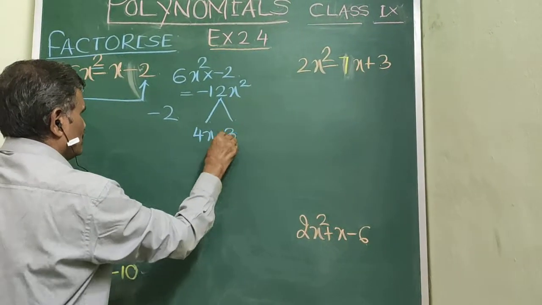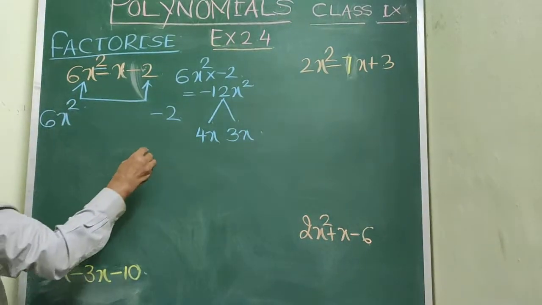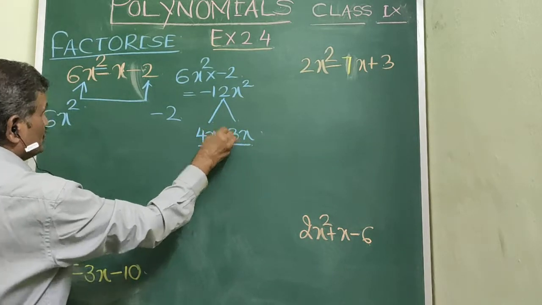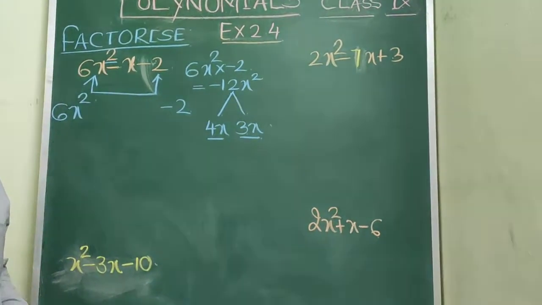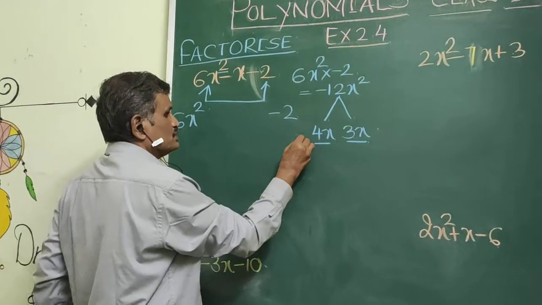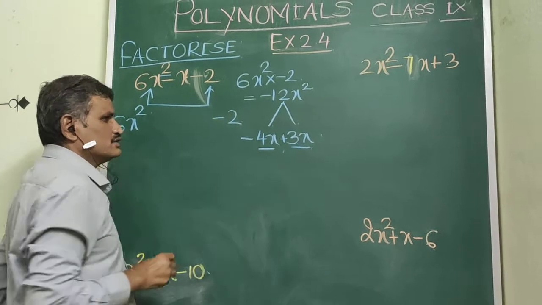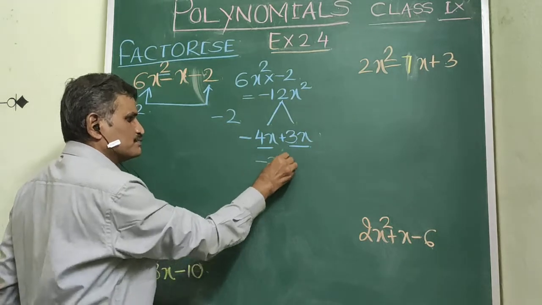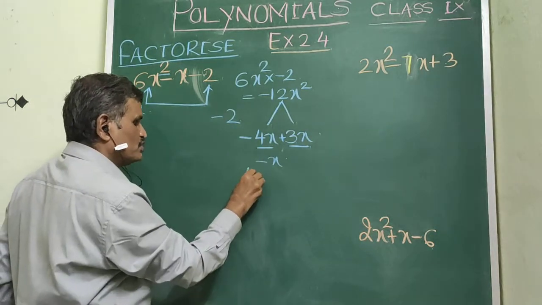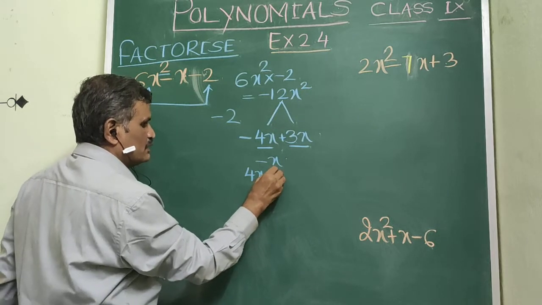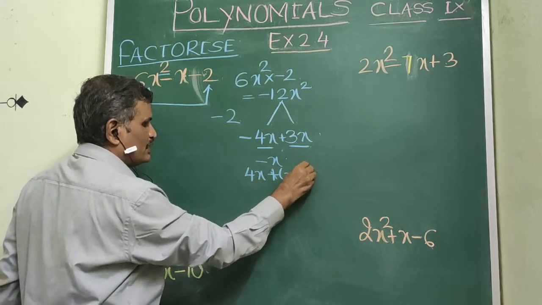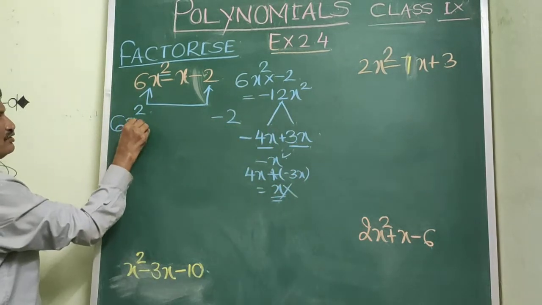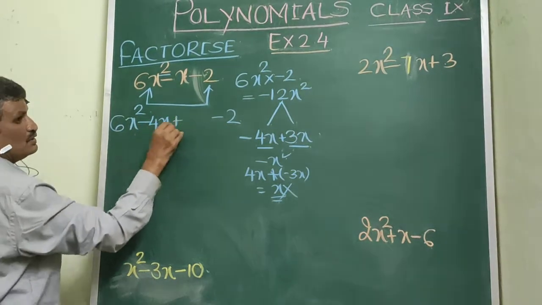Now the third factor pair for 12 is 3 and 4. Say 4x and 3x. Now if I subtract 4x and 3x, I will get 1x. So 4x minus 3x is plus 1x. But what I want is minus 1x. So for that purpose I will take minus 4x and plus 3x. If I do so, minus 4x plus 3x will be equal to minus 1x. Suppose if I go the other way, if I write 4x and minus 3x, then I will get plus 1x, which I don't want. So here I will write minus 4x plus 3x.